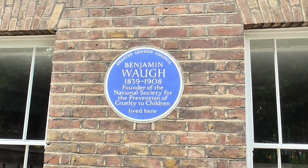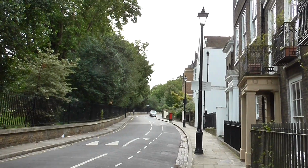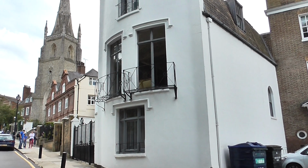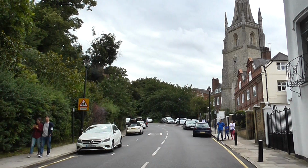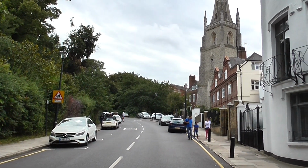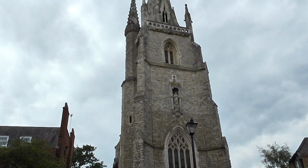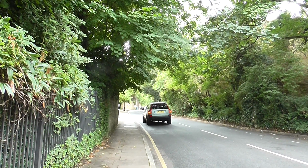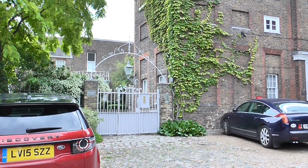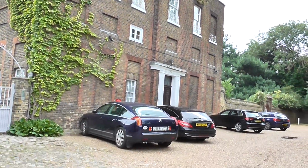At number 26 Crooms Hill lived Benjamin Raw. As I said, we just continue straight up. I'm still on Crooms Hill, and we'll be heading towards McCartney House, where James Wolfe spent his youth. Now at the top of Crooms Hill, we've got McCartney House, and this is where James Wolfe spent some of